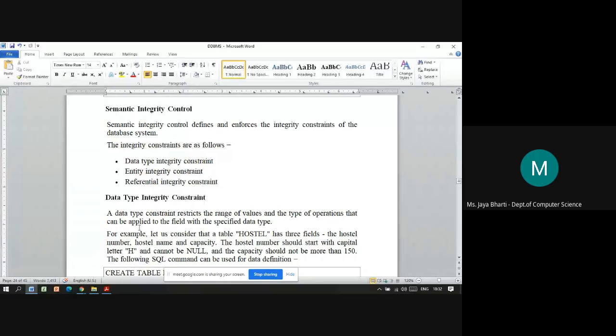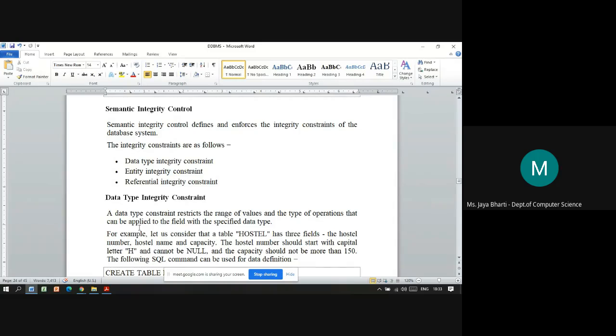What are integrity constraints? Referential integrity constraint. Okay, fine. At that time we will discuss it. So semantic integrity control enforces the integrity constraints of the database. The first one is the data type integrity constraint, then the entity integrity constraint, and third is the referential integrity constraint.